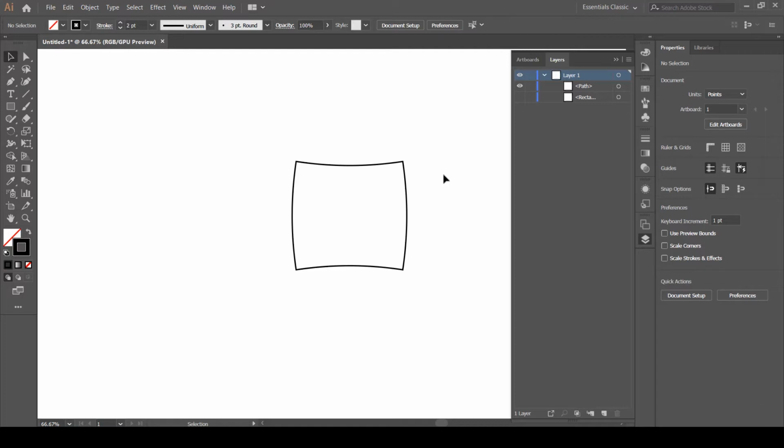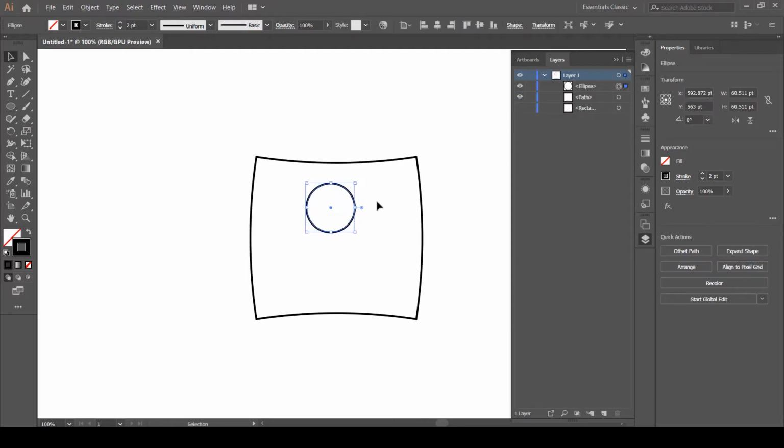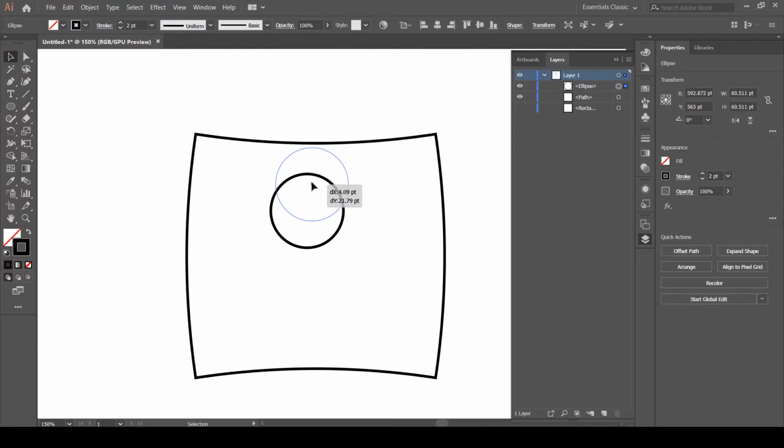Okay, now it's time to create those pieces, or actually holes, whatever you want to call them, inside our puzzle piece. For that purpose I'm going to choose this ellipse tool, and I'm going to create a circular shape inside. It doesn't have to be a circle, it can be an oval, but I think circular would look more geometrically correct or good looking. Okay, now let's center it by aligning it to the center, and just move it toward the top, and maybe make it a little bit smaller, even right like this.